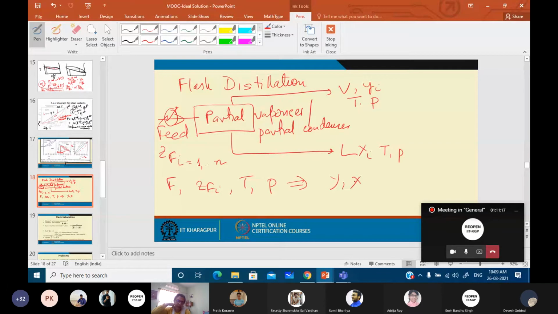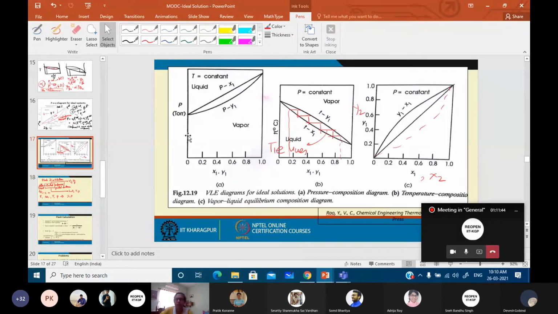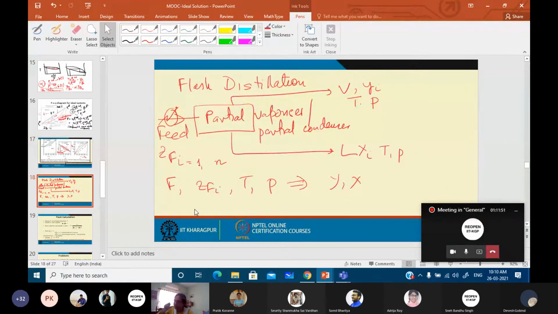So what you do, there are two things. You can either start with different ZFs and correspondingly find out the T and P. Better what is done, you continue with one particular F, and you adjust the pressure here. Gradually you keep on decreasing the pressure. For each particular pressure condition, you will get some Y and some X at a constant temperature, and accordingly you can plot it, and once you plot it, you can generate a plot of this sort or a plot of either this or this, depending on what you have kept constant, right? So therefore these calculations are also done in the same way.